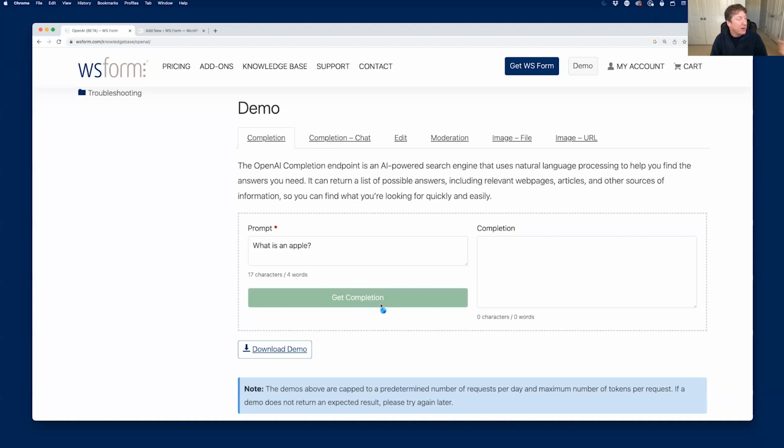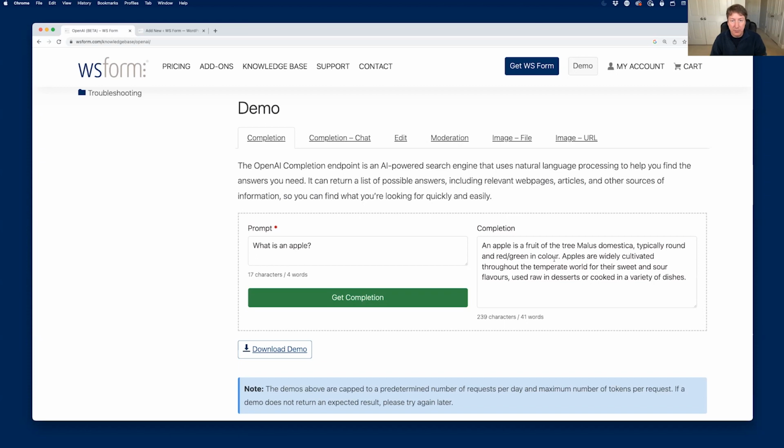So this is now making a query off to OpenAI, and it will then put a completion in whatever field I want on that form. That could be a text field, or even a section of HTML on the page if you wanted. The way OpenAI works, it's all token based. The more tokens you allow OpenAI to use, the longer the content that will come back. So if you're asking it to produce some code, I can show you a quick example of that. Write me some PHP code for WordPress.